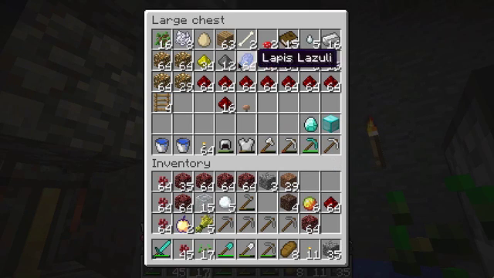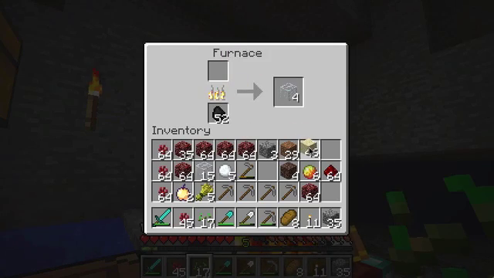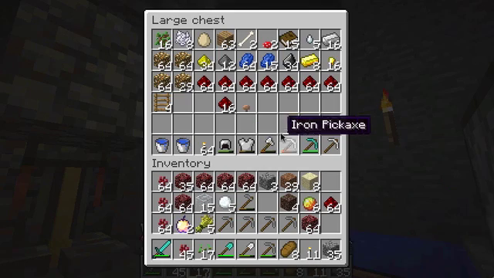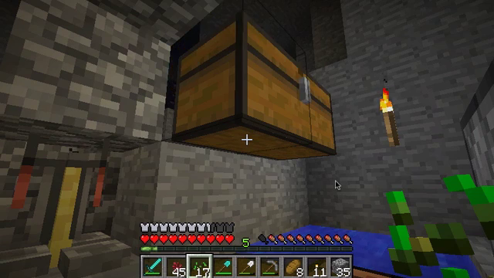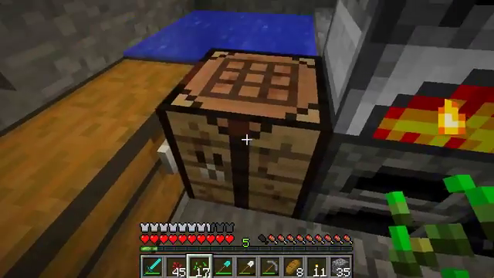Oh, that's a good point. How many can we make? Maybe I should take 1, 2, 3, 4, 5, 6, 7, 8. Oops. I'll take some of that and make some gunpowder. Well, actually, we could keep gunpowder for splash potions as well, but